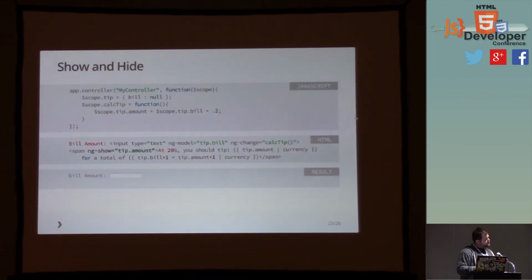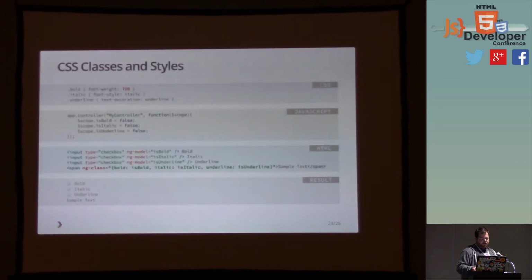Oops, where'd my mouse go? I lost my mouse. Oh, there it is. So as I start typing, tip amount becomes a truthy value, and then it shows the label. That's the only thing I changed in between those two examples. So that's a good way to provide better user experience. And you can use this for lots of different scenarios, like in a checkbox example, you could have a checkbox that shows and hides a div or something, and it makes it real easy. All you do is ng-show, and then the model that the checkbox is bound to,